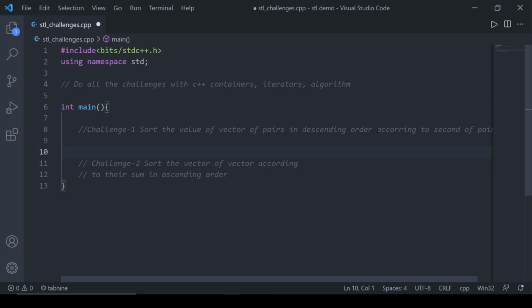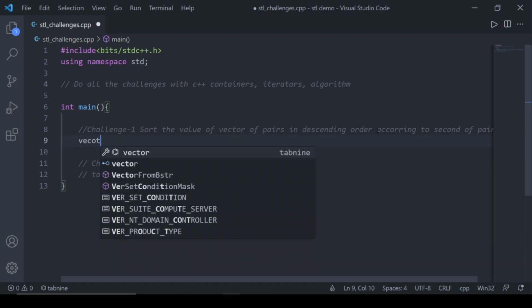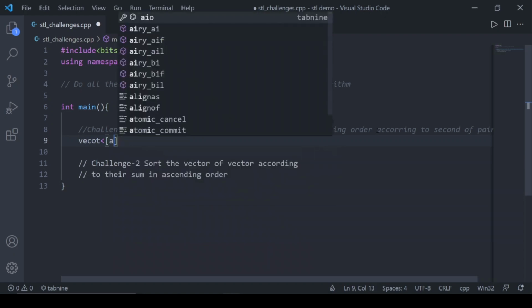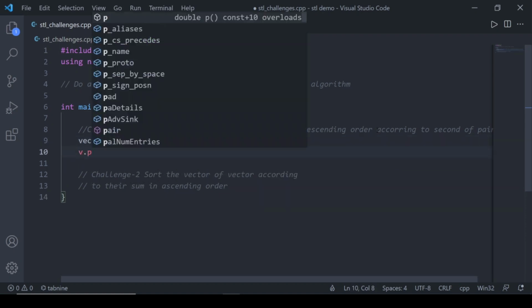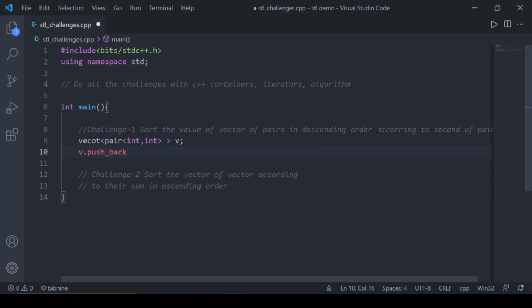3, 2, 1. So let's see. First let's create a vector of pair of int and int. Let's say it's v, and push some elements in that. Let's push some elements like 1 and 23.